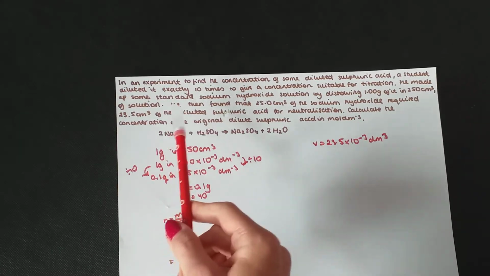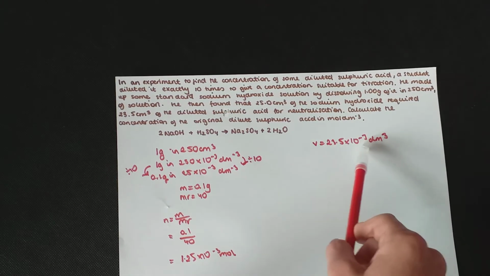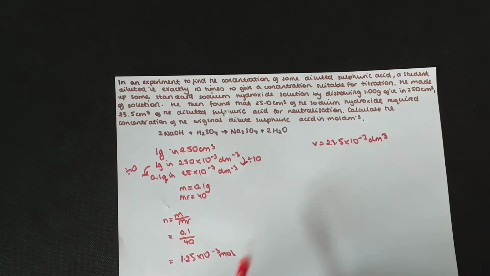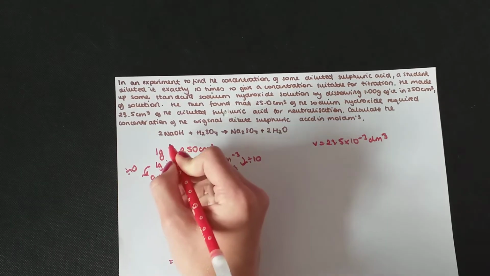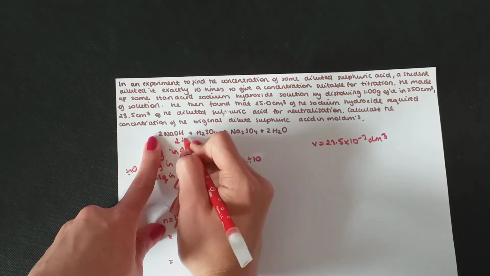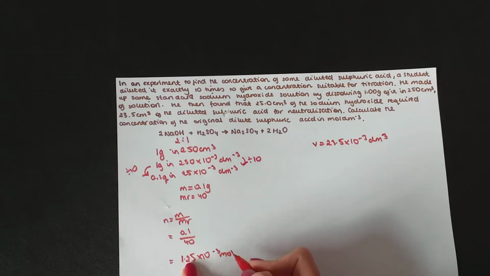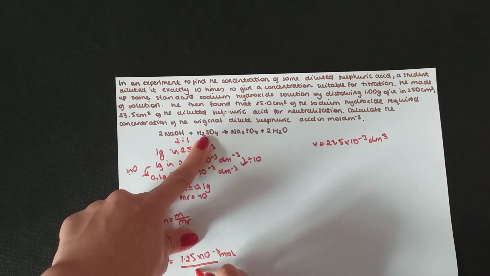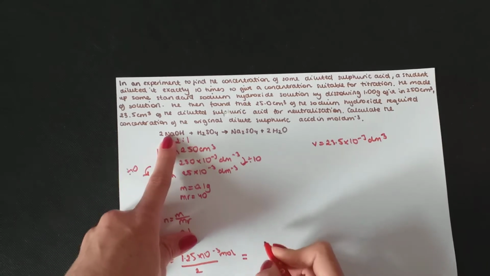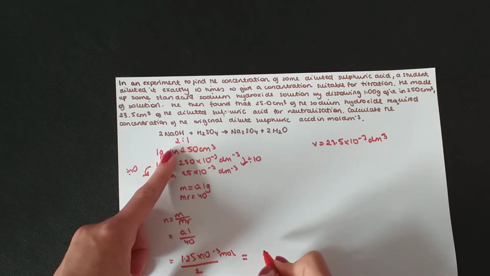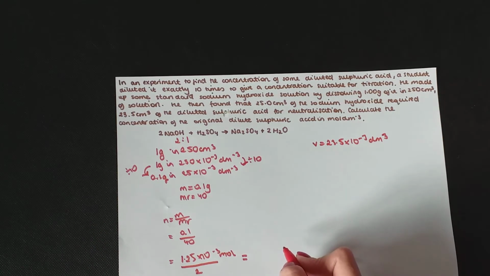So this much was required of the sulfuric acid. We have the equation, so we can work out the number of moles. The ratio is 2 to 1. So to find the number of moles of H2SO4, we need to divide the number of moles of sodium hydroxide by 2. And this gives us,